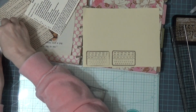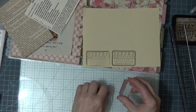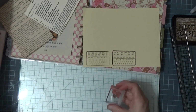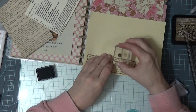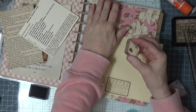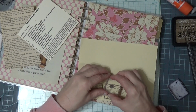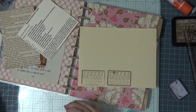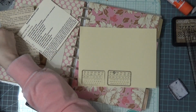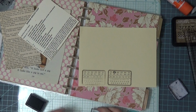Take this little thing, put it on a smaller block, and I'm going to use my black, I think. And I'm going to circle February. Hopefully, I need to move it back a little bit. Keep that off my arm. I got it. Okay. Oh, I might need that for the day too, huh? Because I don't think that little square is going to go over it. Okay, so then we'll...